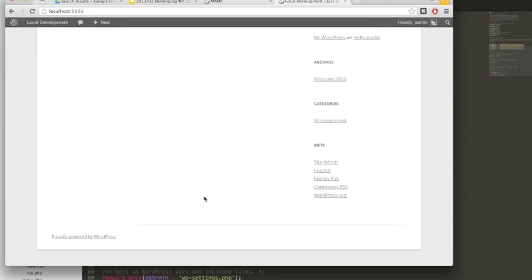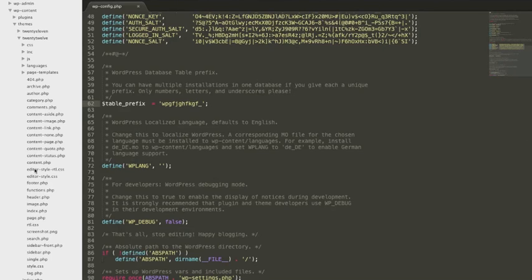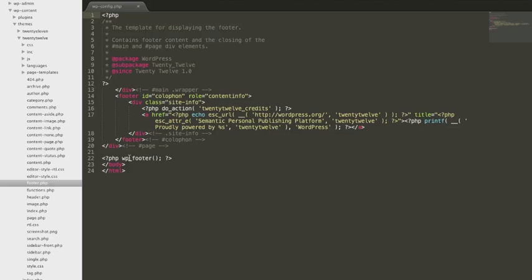How about that? I don't see a copyright year. Powered by Patrick's brain. All right, we'll do that. Footer. I believe that's in the footer. Proudly powered by that. I don't know where the S is coming from, but that's okay. Proudly powered by Patrick's